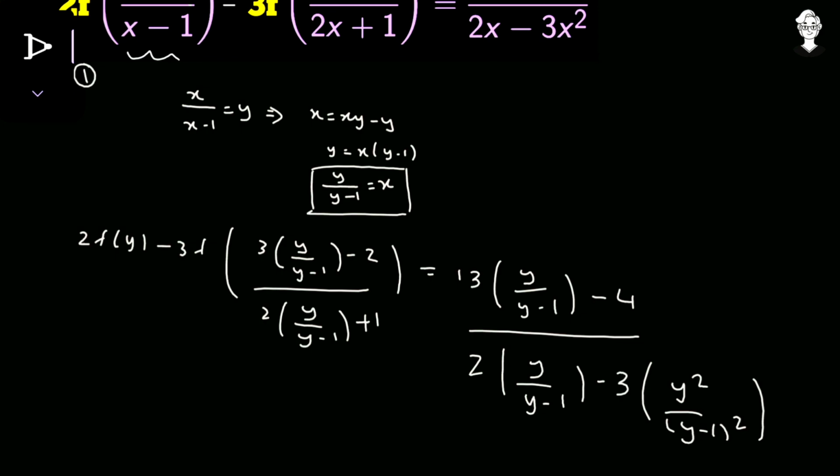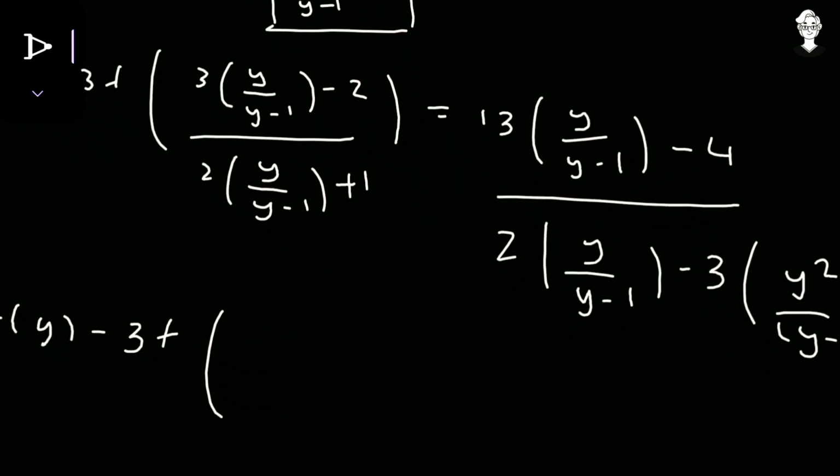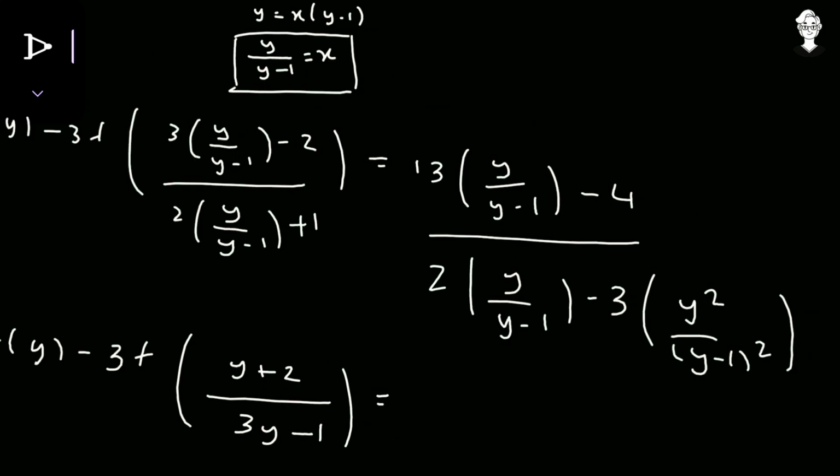So here we can simplify this. First of all, writing 2 times f of y as it is minus 3 times f of, now simplification of this thing, taking the LCM, 3 times y minus 2 times y plus 2, so that is equal to y plus 2, and upon 2 times y plus y, that is 3 times y minus 1. So this is the simplified version of this thing, and that is equal to, now simplifying this RHS part,